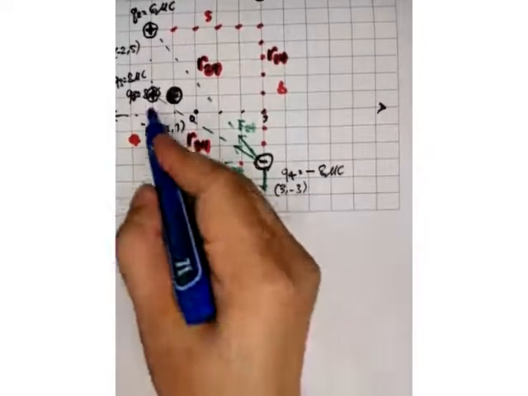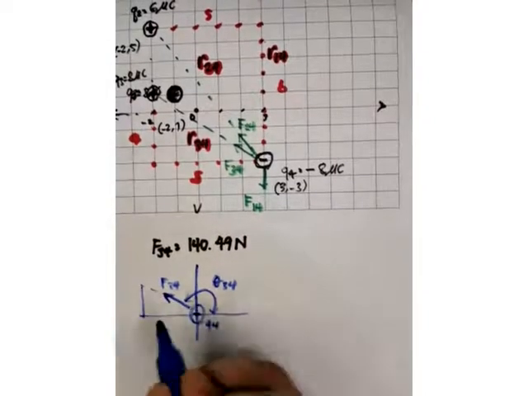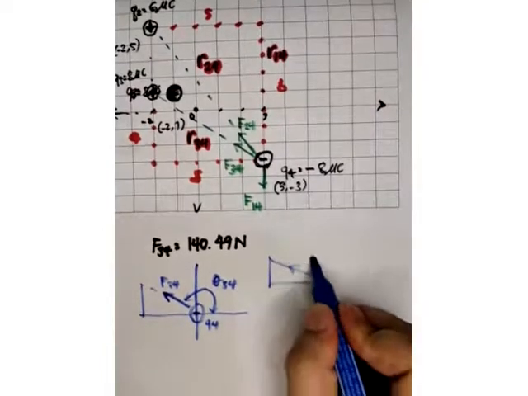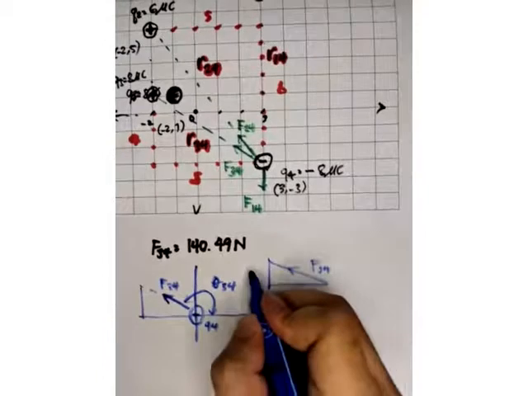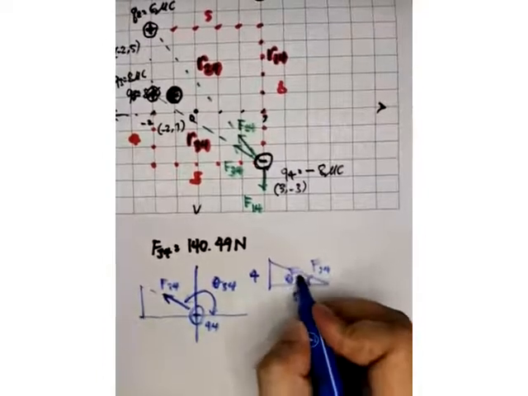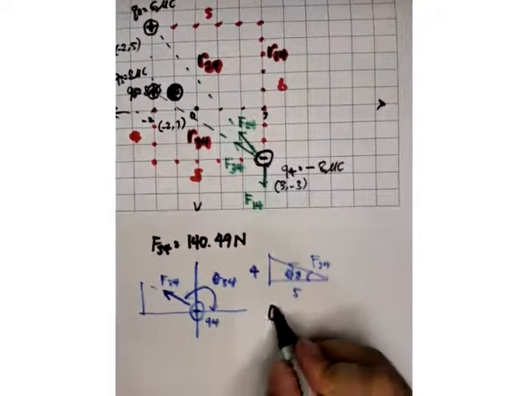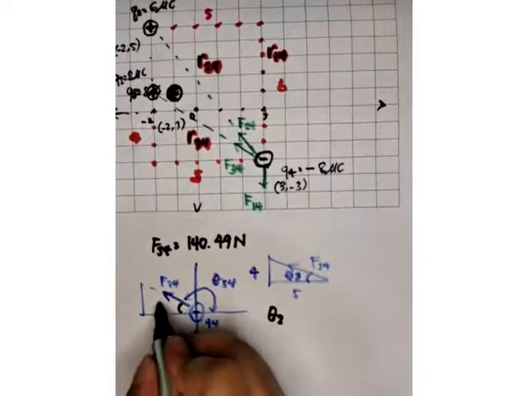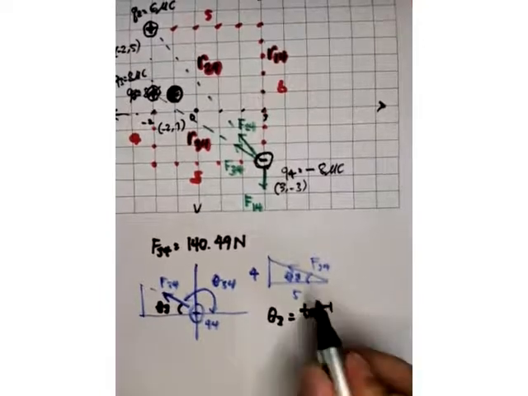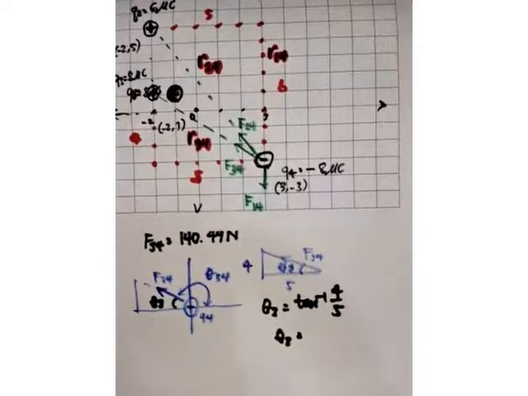Ayan. Kung kukunin natin ulit yung triangle na to, so that means nandito yung triangle na yon. Okay, so kung kukunin ko yung triangle na yon, nandito yung ating F34. So ito ay 4 at ito ay 5. So pwede kong kunin ito. Okay, tawagin ko yang theta 3. Ayan, theta 3. Ano ang theta 3? So yung theta 3 natin is yung theta 3 rin dito. Ayan. So that's arctangent of yung opposite niya 4, that's over 5. So theta 3 is